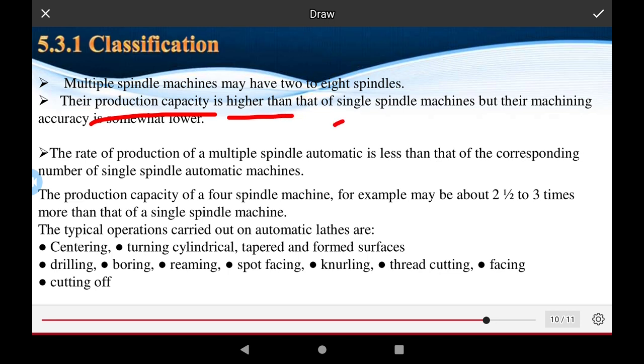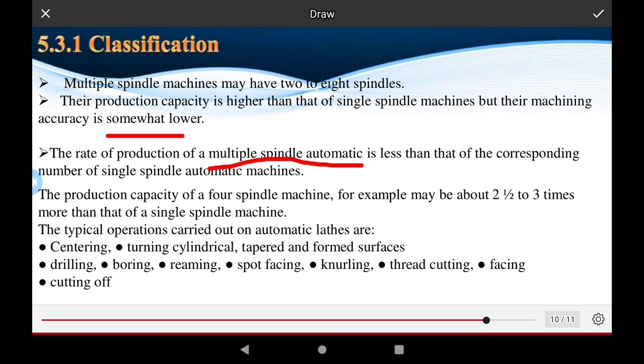There is only a single tool in single spindle machines, but there the machining accuracy and machining operation accuracy is somewhat lower. The rate of production of the multi-spindle machines is very strong, and the production of the multiple tools used in these machines is less than the corresponding